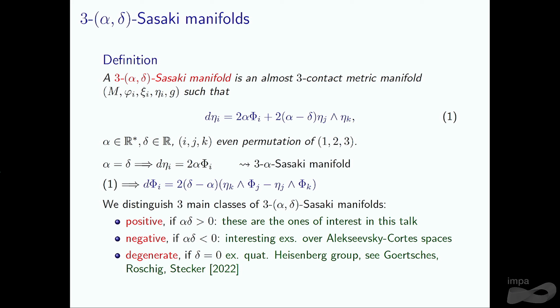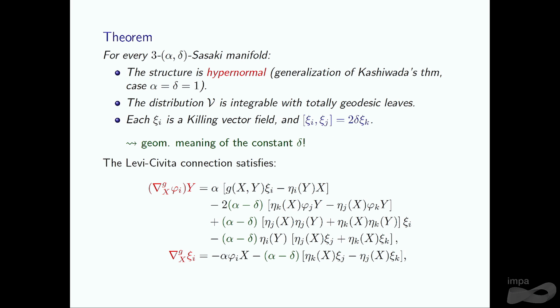And the degenerate case is if delta is equal to 0. For example, you get here the quaternionic Heisenberg group. Those are locally submersions of hyperkähler manifolds. So it's not so surprising that they have a more complicated and challenging geometry. But there's a nice paper by Gerges, Roschig, and Stecker which says what you can expect in that situation as well. Okay. Good. So here come a few theorems on three-alpha-delta Sasaki manifolds,